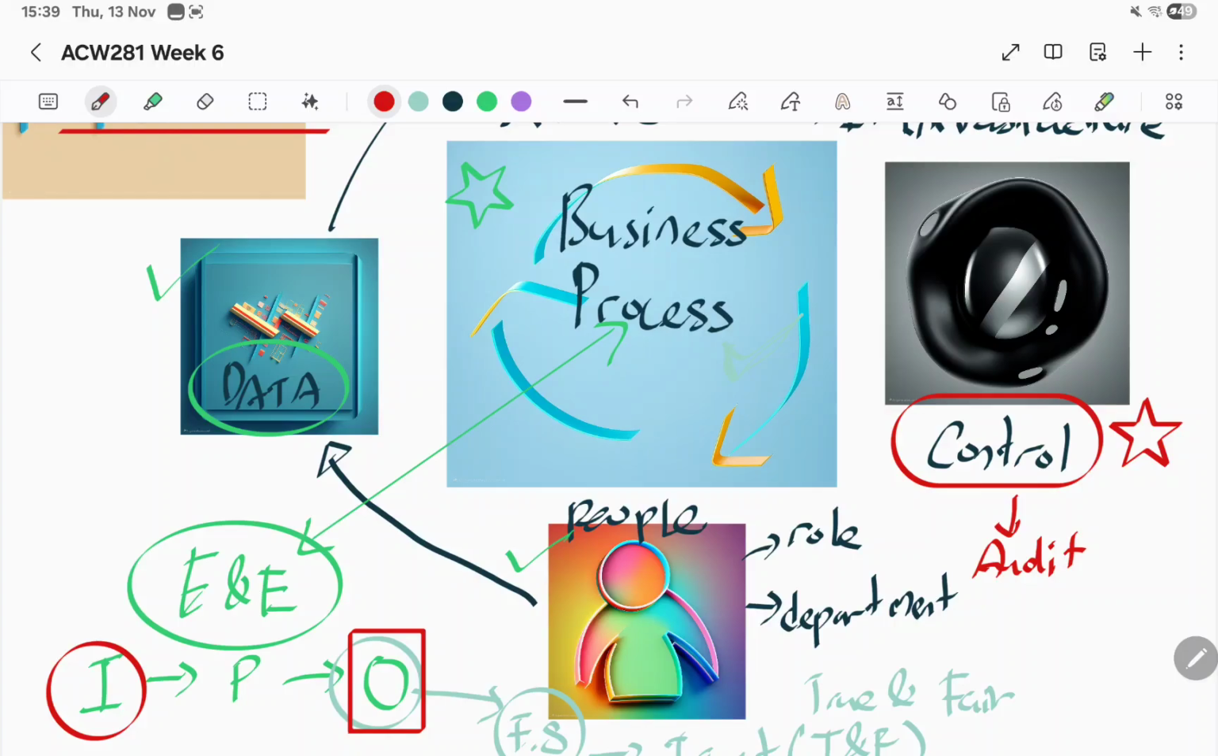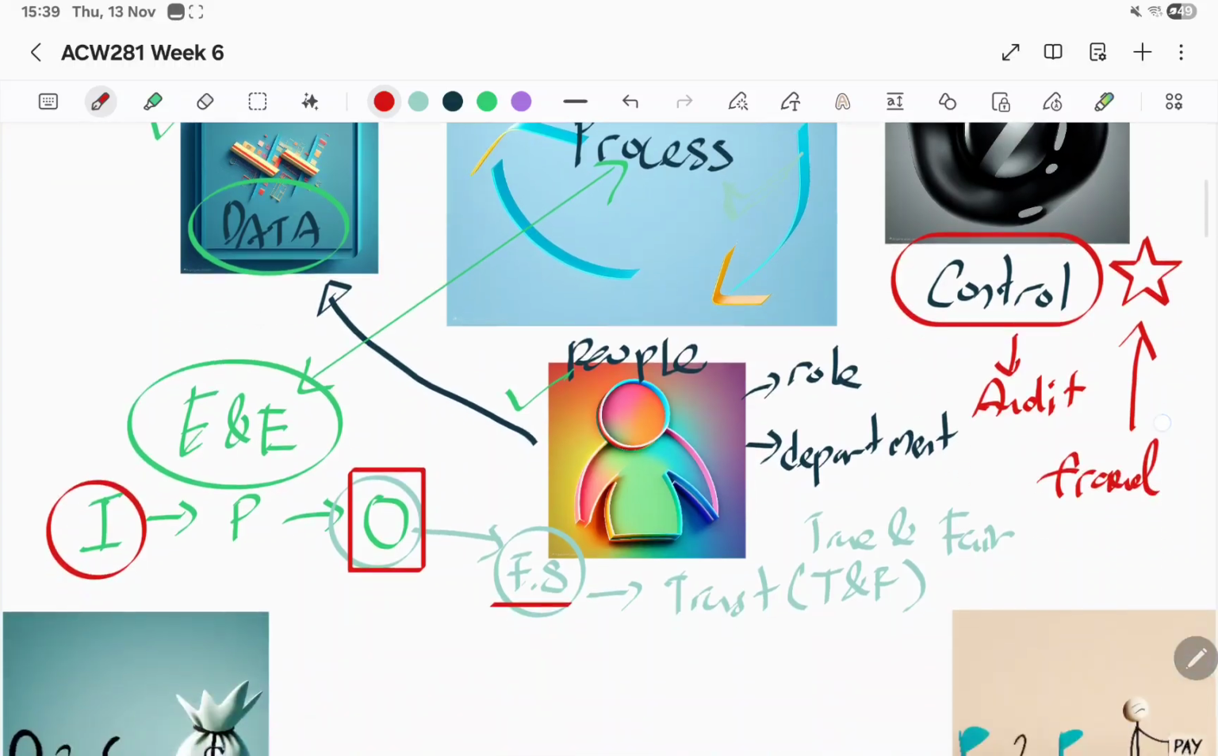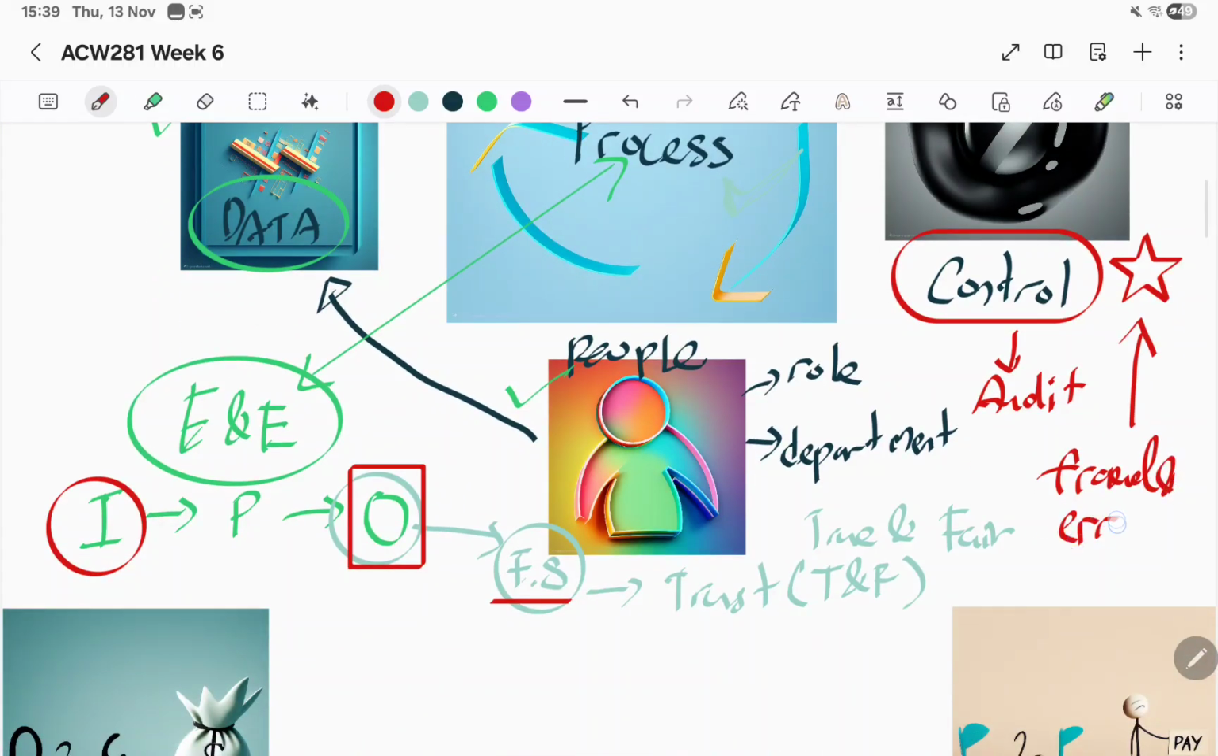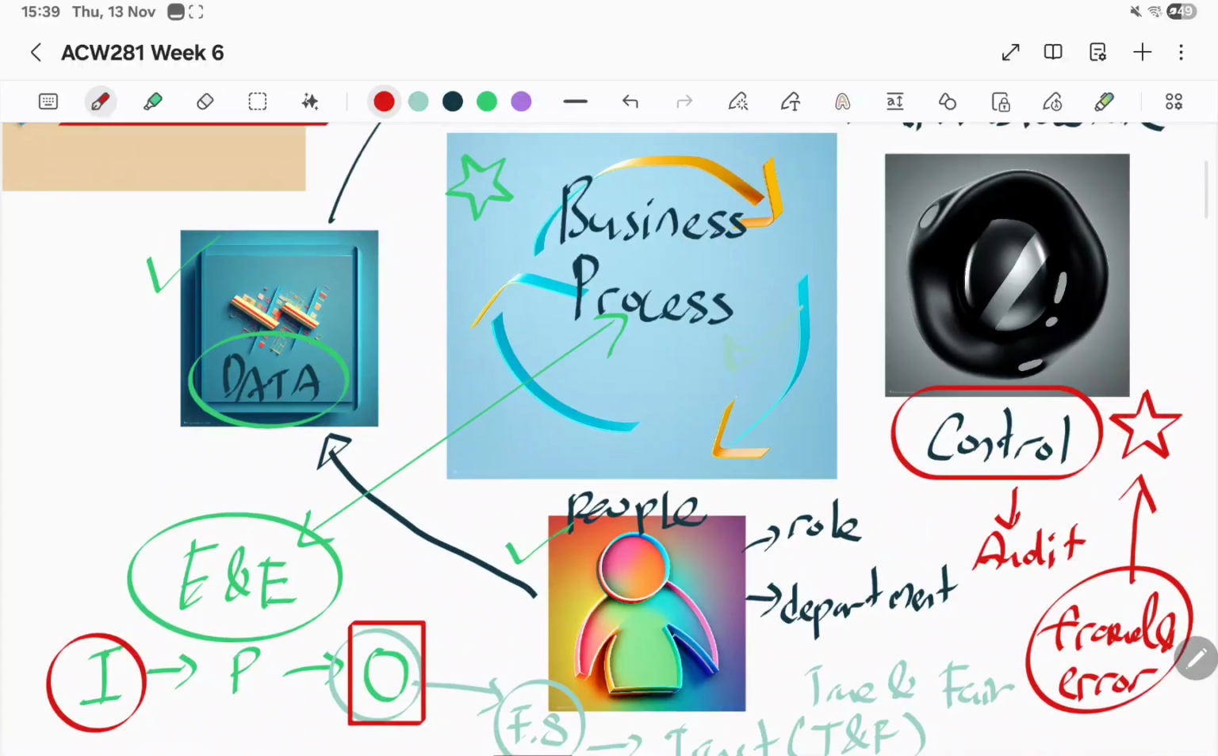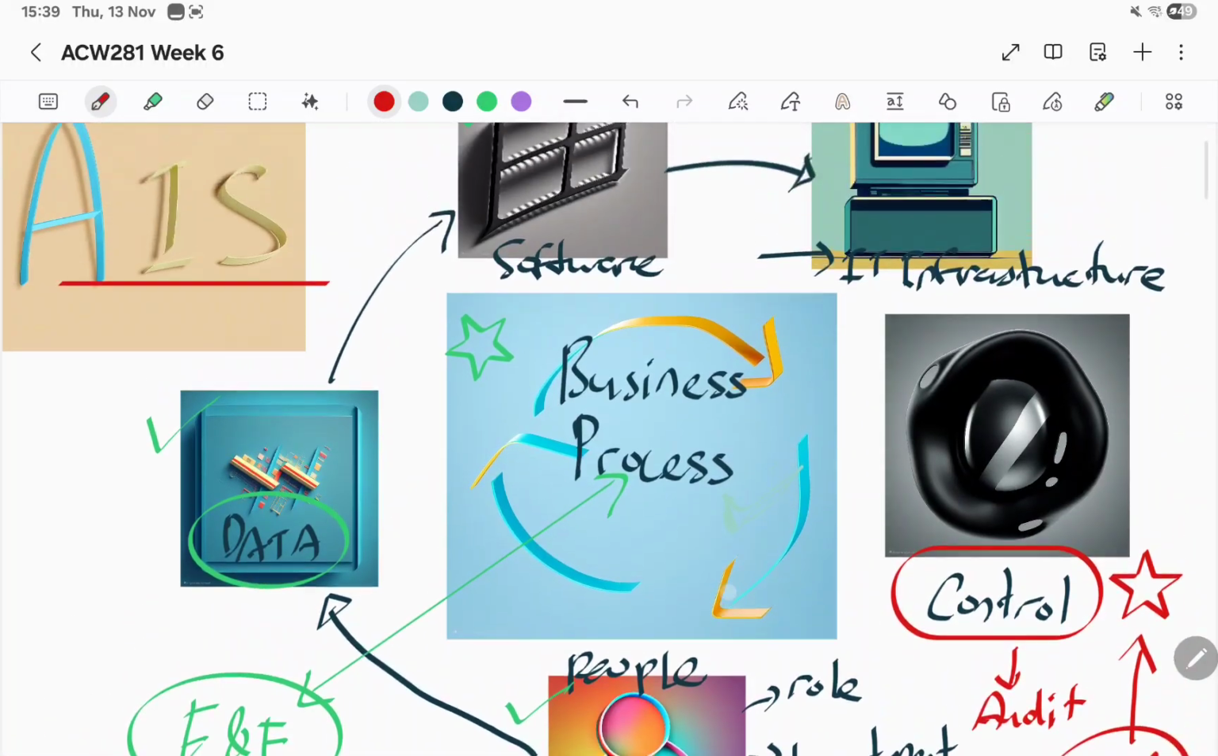You must put in place a proper control so that there will be no one that simply jeopardizes the system for their own benefit. There will be no fraud. Fraud and error, these two things are family, but they are different. We are putting in control over here to prevent the fraud and error. And this control over here,